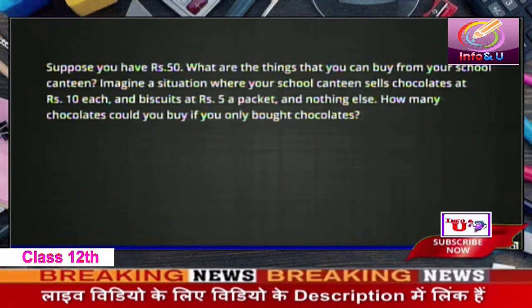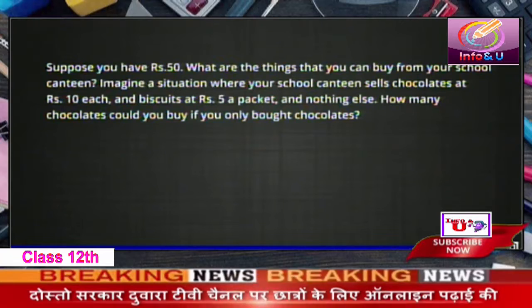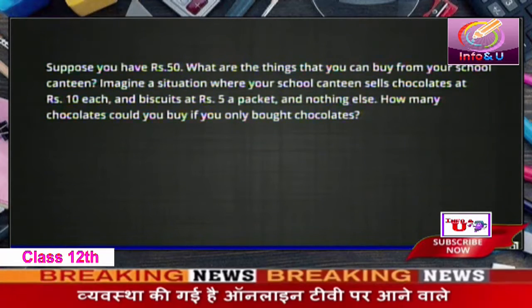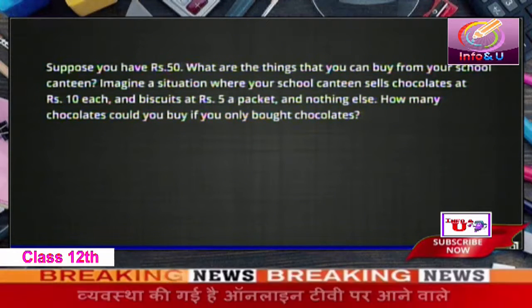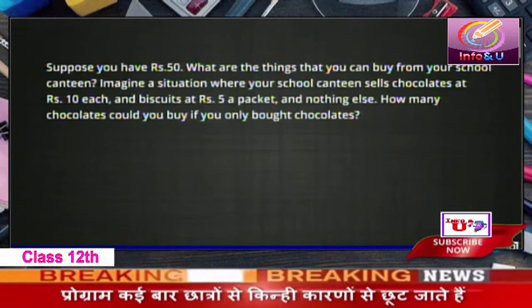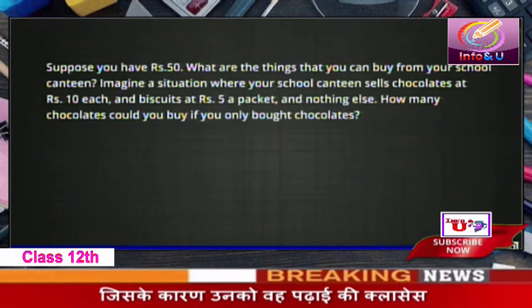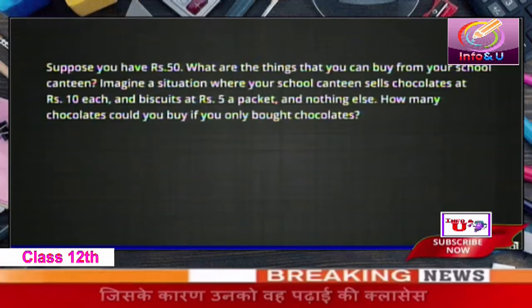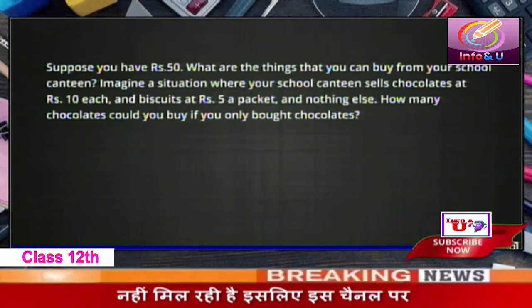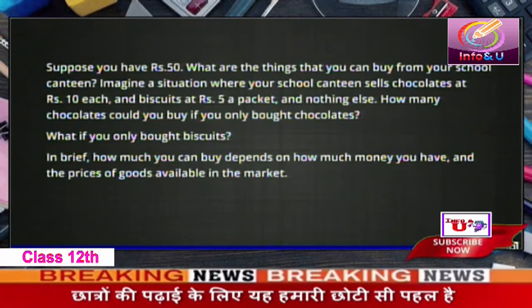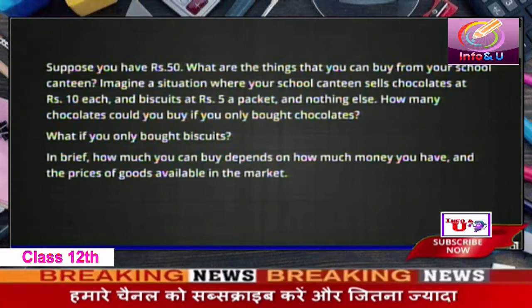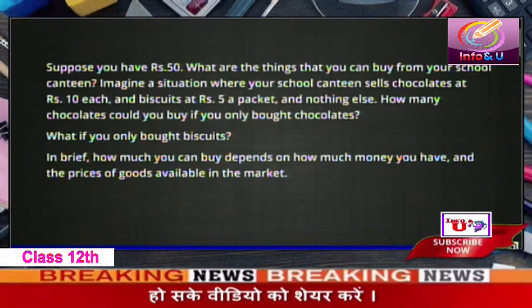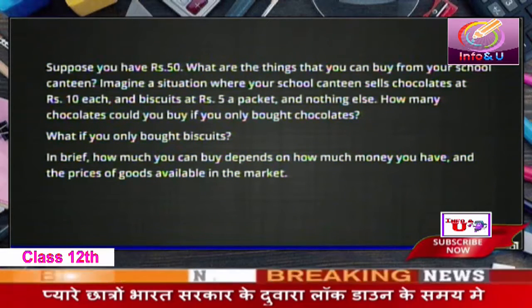Suppose you have rupees 50. What are the things that you can buy from your school canteen? Imagine a situation where your school canteen sells chocolates at rupees 10 each and biscuits at rupees 5 a packet and nothing else. How many chocolates could you buy if you only bought chocolates? You could buy at most 5 chocolates. What if you bought only biscuits? You would at most buy 10 packets of biscuits. In brief, how much you can buy depends on how much money you have and the prices of goods available